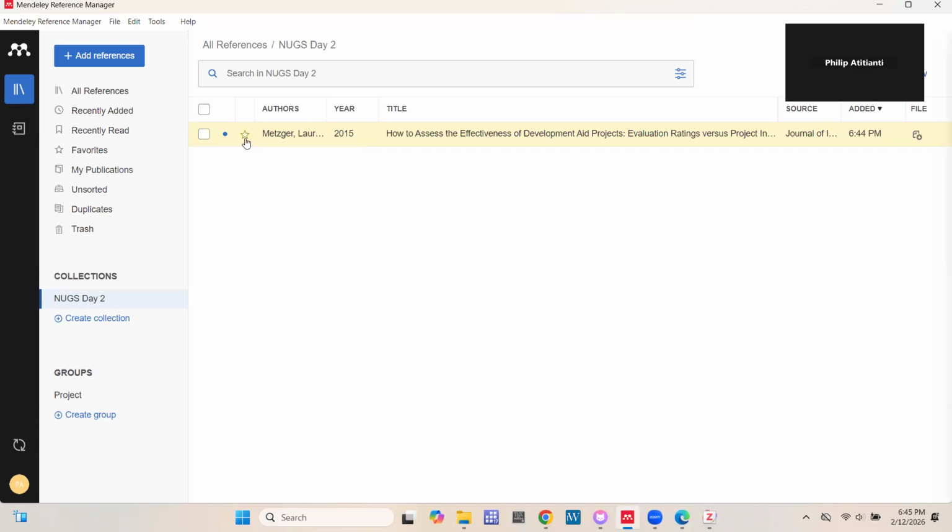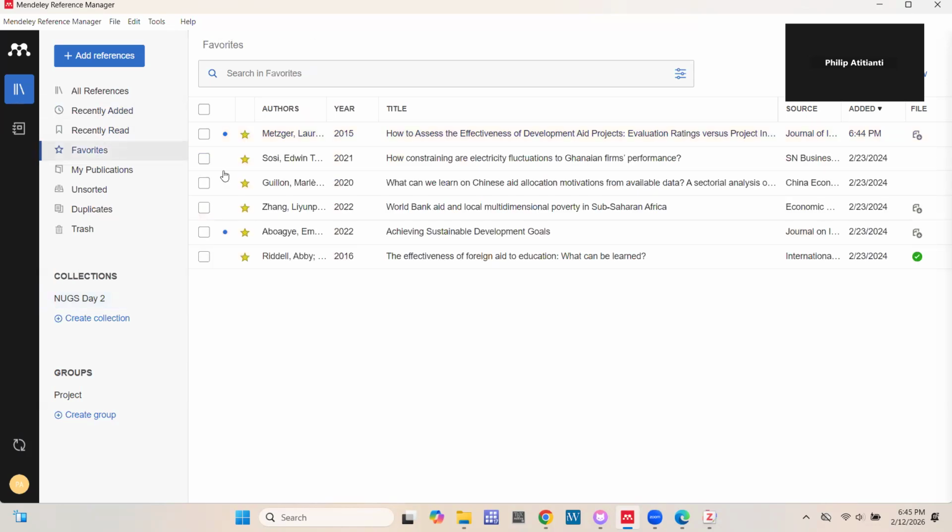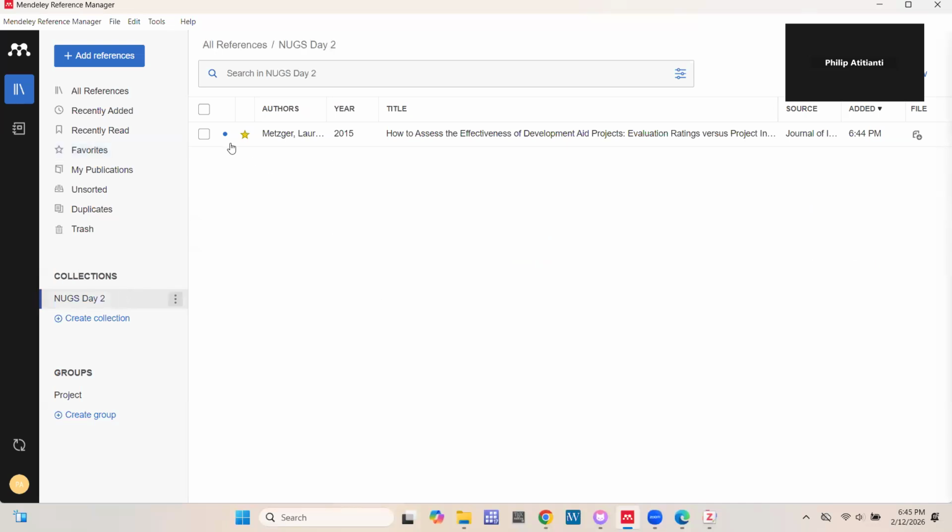Okay, so if you want to add some select number of files to your favorite folder, you just have to click on this star option here, and then it will turn yellow, right? And then it means now it will pop up in your favorite folder. So you see it over here. It adds up to my favorite collection. Are we good? Now, this sign you see here is basically telling that this file is new and we have not read it yet.